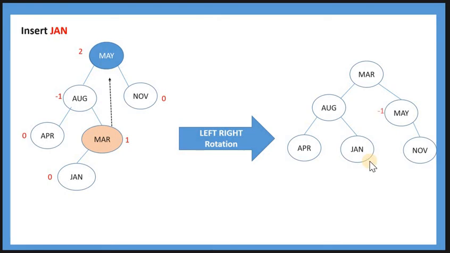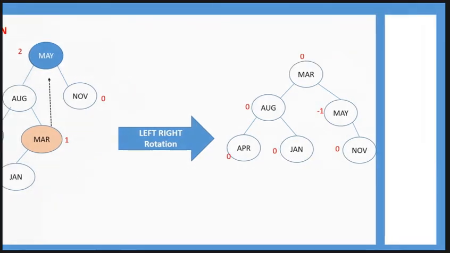It's a double rotation. Double rotation is a little bit difficult, so you have to do it in steps. You go for left rotation and then right rotation. Also check the binary search tree property. So here check the balance factor. Now it is a balanced tree. All values are 0 and minus 1. So go ahead. Then insert